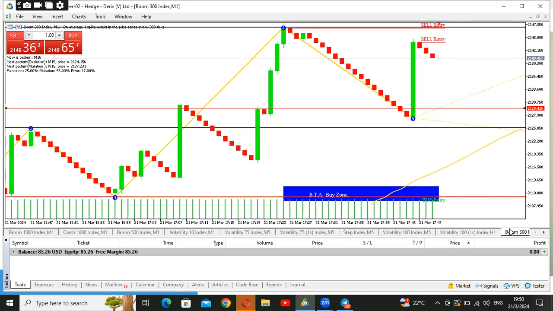All right, according to this spike I caught at least once on Boom 300, I used smart money concept. Smart money concept is the thing I was explaining before, whereby you spot your breakout points, the points where it breaks the previous spike. Those are the points I was talking about. So whenever it breaks that point, it will pull back to that area again. So when it pulls back to that area, guys, the moment it pulls back to that area, you should note that